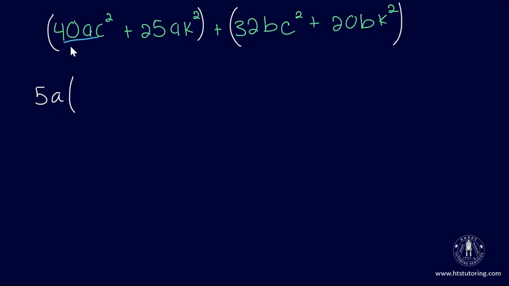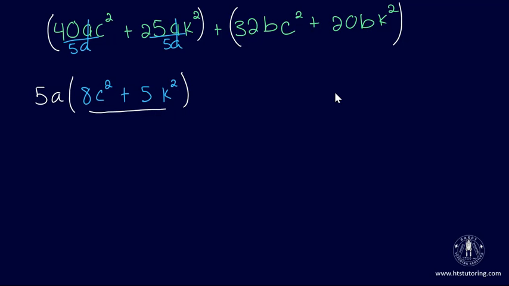So I'm going to divide both these terms by 5a. Now, 40 divided by 5 is 8. A divided by a is just 1, so that divides out, goes away. And then I have my c squared, which doesn't change. Now, plus 25 divided by 5 is 5. A divided by a is 1, so that divides out. And then we have k squared. All right, now, if factoring by grouping is going to work, then I should end up with 8c squared plus